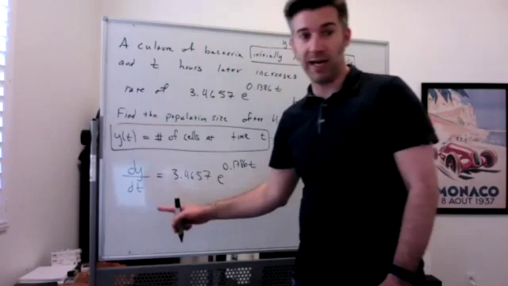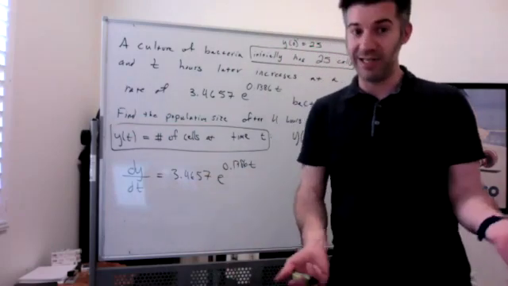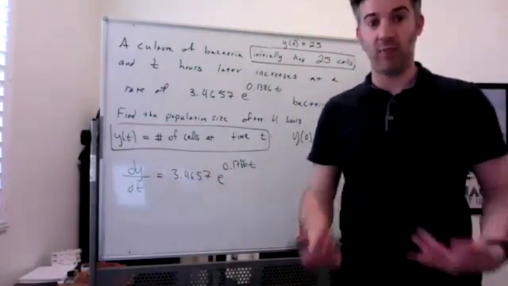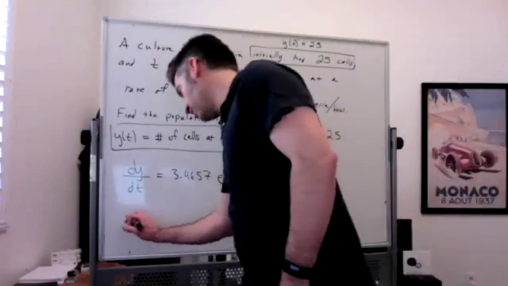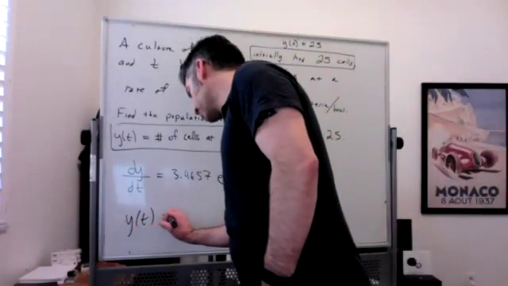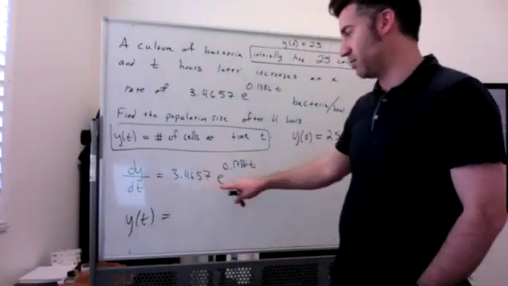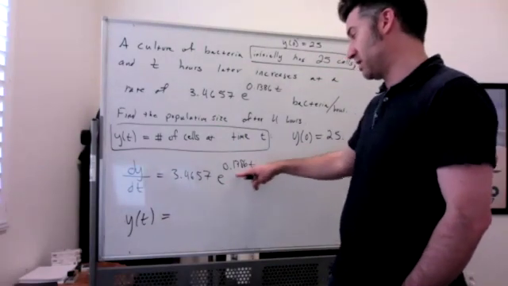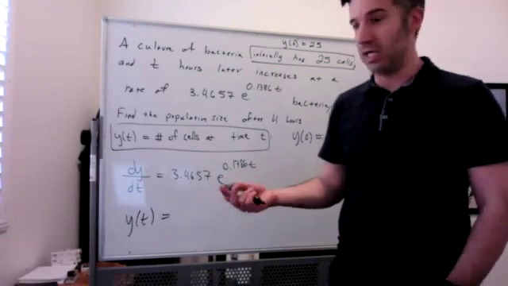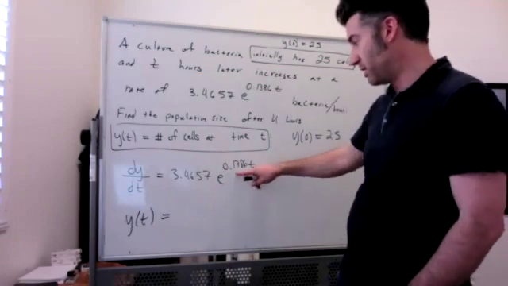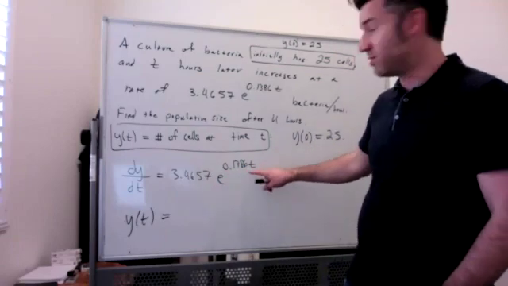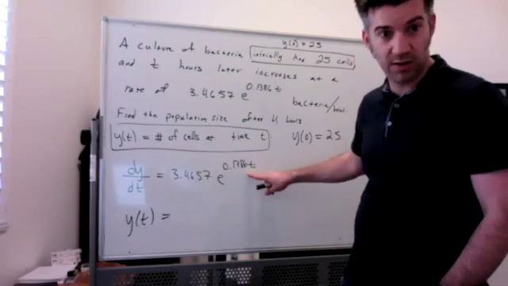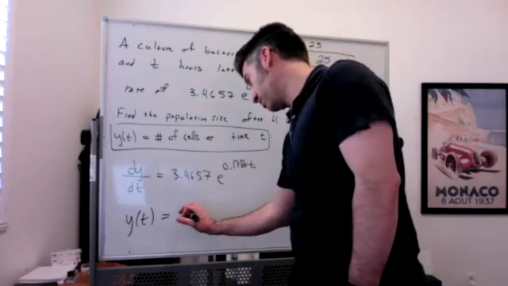So I've got dy/dt. I want y of t. I'm going to anti-differentiate. So y of t is a constant times e to the stuff. We know that when we anti-differentiate e to the something times your variable, you end up dividing by that coefficient there. So our antiderivative here is going to be